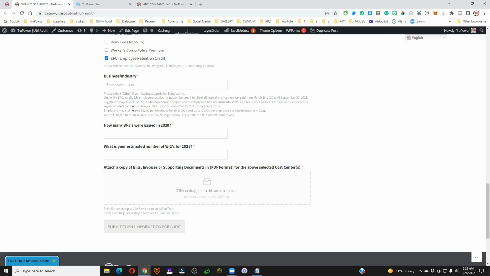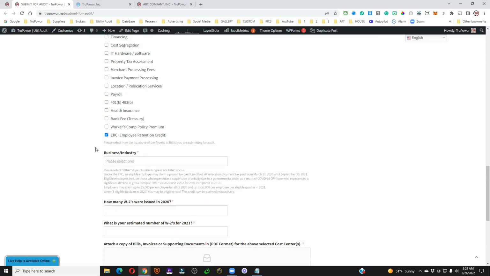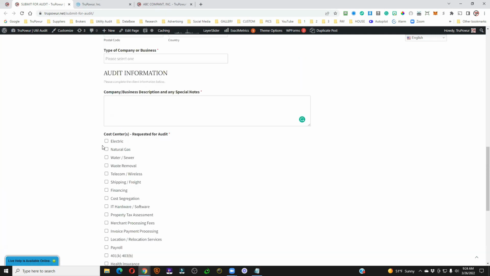But in essence, you've got businesses that qualify and can get some really large amounts of money back on the ERC, which is the employee retention credit. And so in here, you would place how many W-2s were issued in 2020, and the estimated number of W-2s issued in 2021. We'll talk about that more at another time, but right now we want to finish